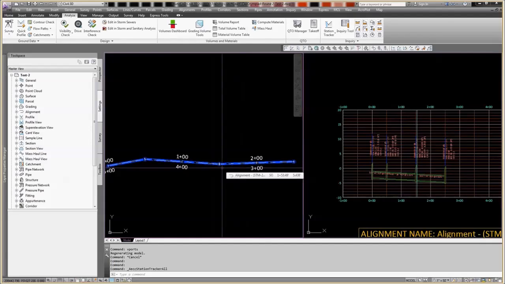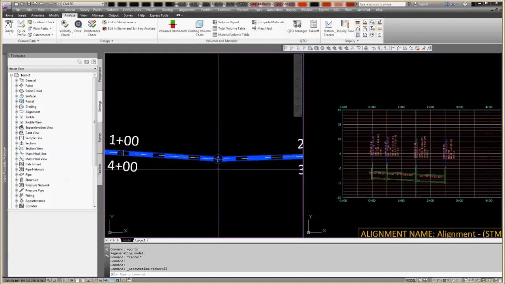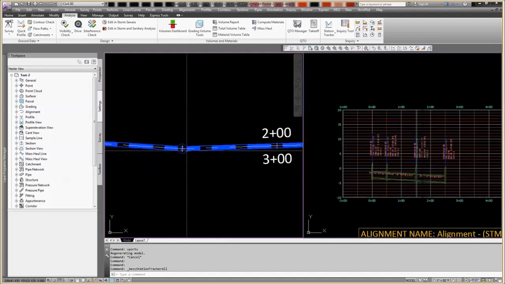For me, this is huge because I get pulled into projects all the time I'm not familiar with, and just keeping my bearings and knowing what's what. And as I hover on this, then I can see, oh, that's where that manhole is. I leave this turned on all the time when I'm working with plan and profile. But anyway, back to